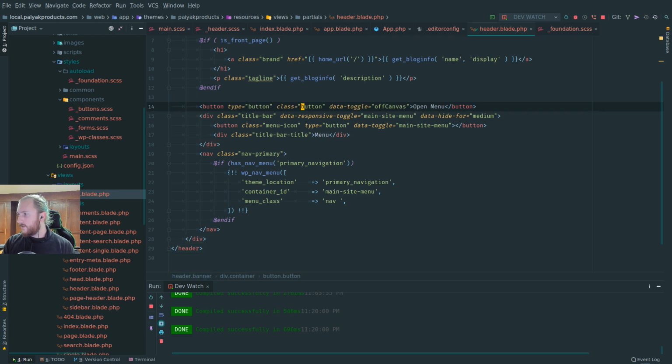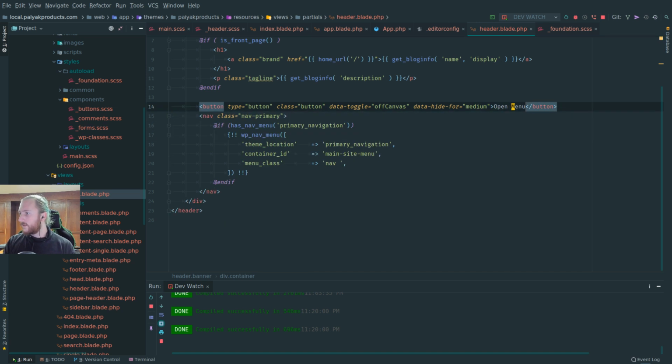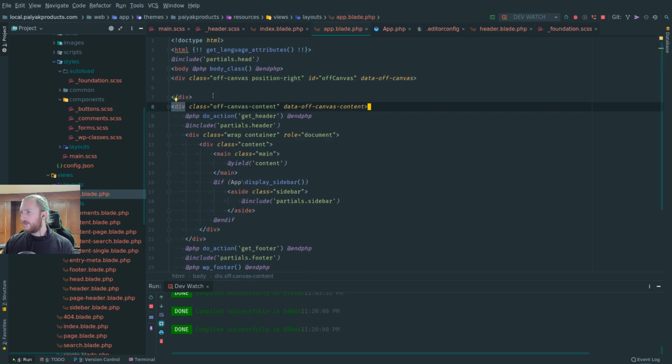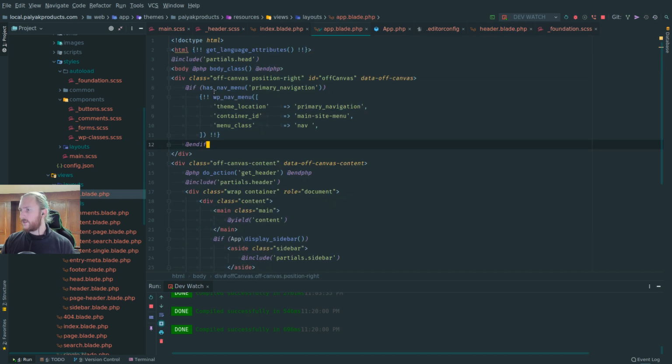And you can probably use data height for easy, perhaps. I have no idea. Okay, and let's copy over the menu thing. Okay, place it right in here. If we have primary navigation, inside menu mobile. Okay,